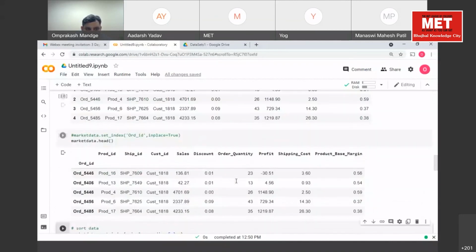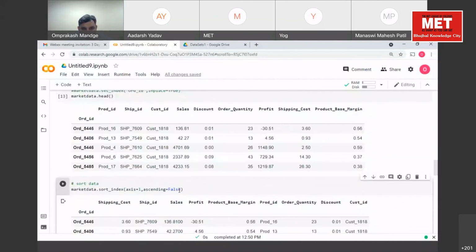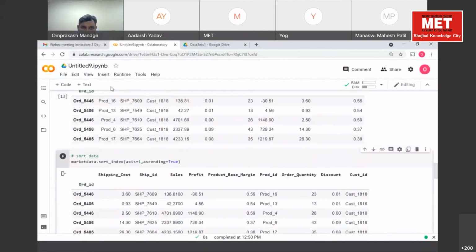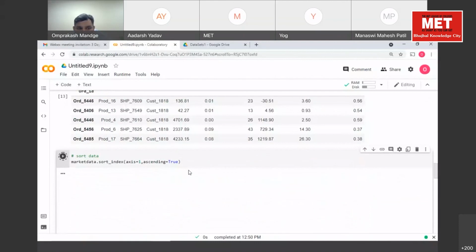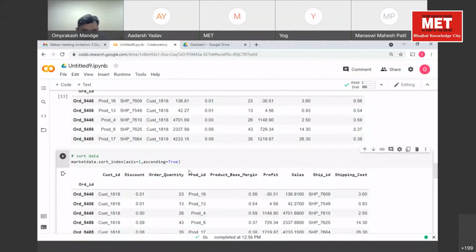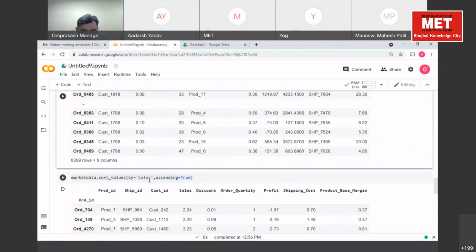I'm actually not getting it. Okay, should I make it true? Let's say I'm making it true. Yes, it is true. Fine. But I'm doing this by index, not by value. This is sort by index, na? I'm talking about value. So sort values by cells, ascending.